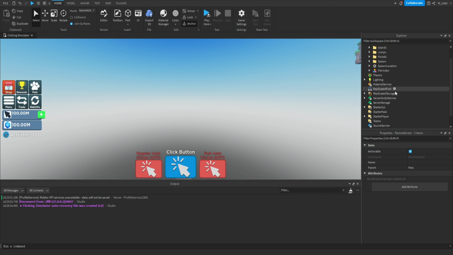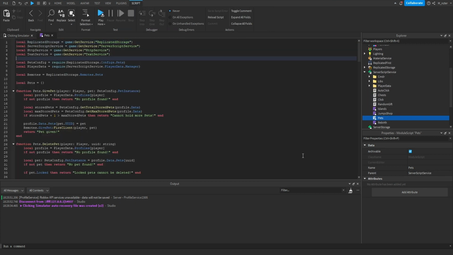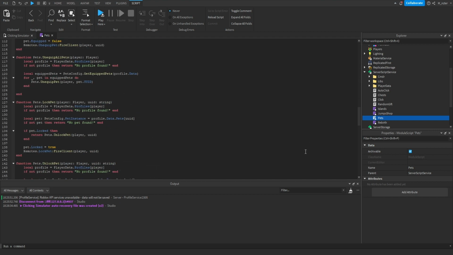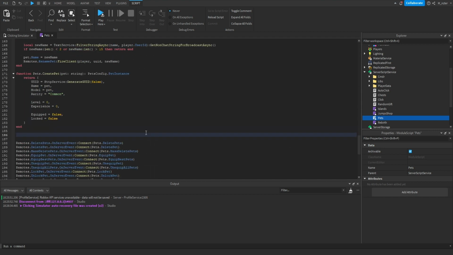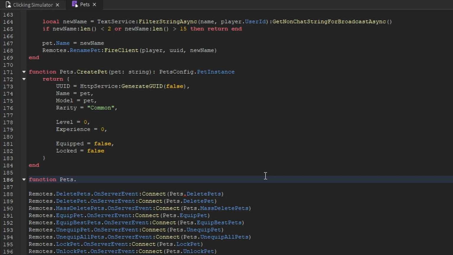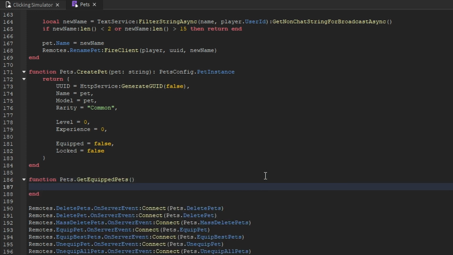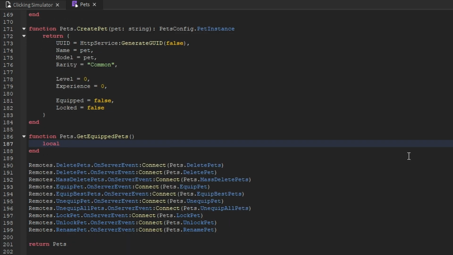And the first thing that we're actually going to get started with is going inside of the server script service and into the pets module script. Inside of here, we're going to go towards the bottom of the module script, right below the create pet function, and we're going to create a new function. This is going to be called Get Equipped Pets, and that's going to have no arguments. Then inside of here, we want to create a variable called all equipped pets,